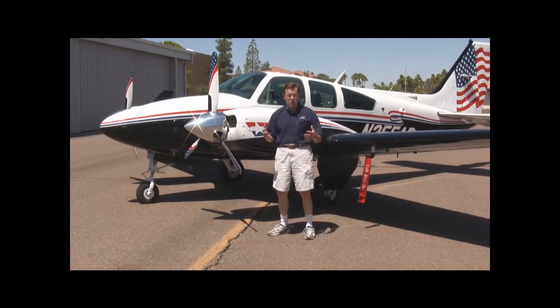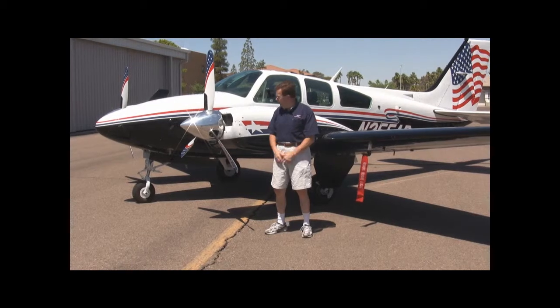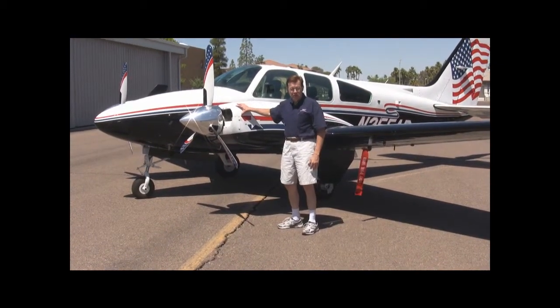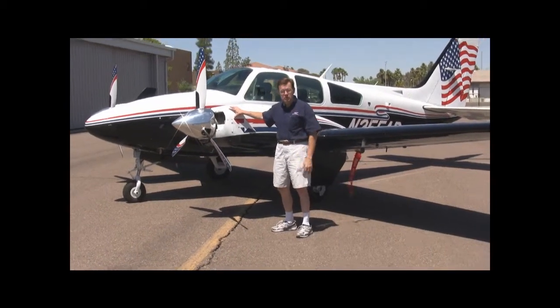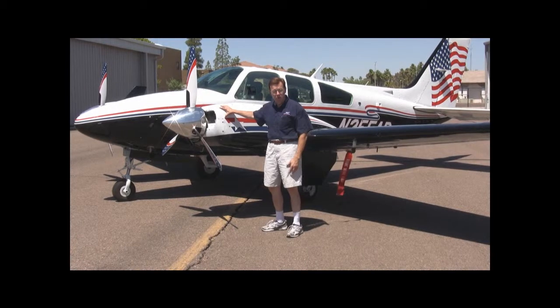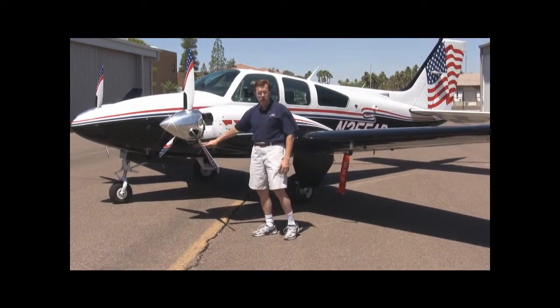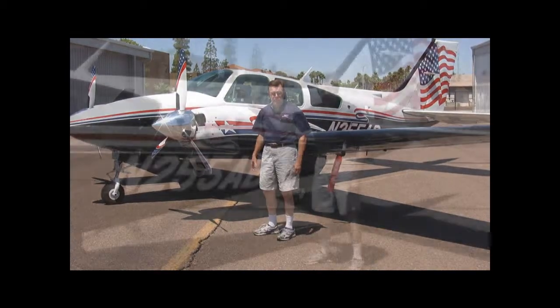The airplane only has 3,164 hours since new, and the engines have 477 hours since factory reman, and these are IO-550 engines, not the 260 horsepower engines that normally come on a B-55. In addition to this, the props were brand new with the conversion, and let's take a look at this beautiful